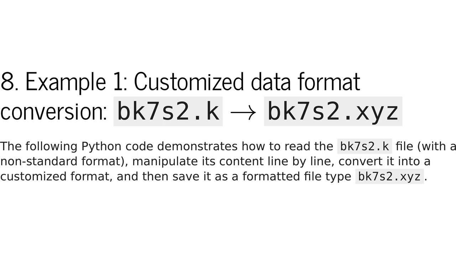The XYZ format, as we have discussed, is widely recognized for representing molecular coordinates and can be easily visualized. The Python code that follows will demonstrate precisely how to achieve this. It will involve reading the source file line by line, selectively extracting the required information, such as the number of particles and their coordinates, and then reformatting this information according to the XYZ file specifications before writing it out to the new